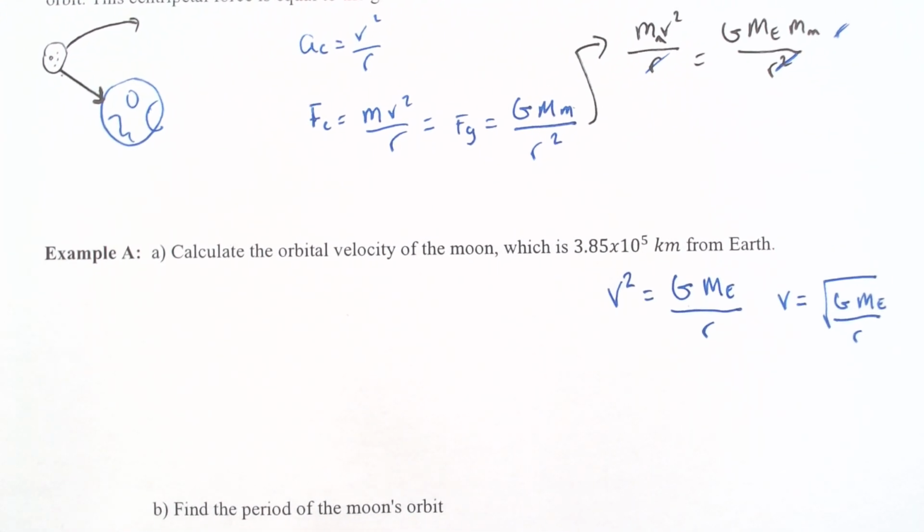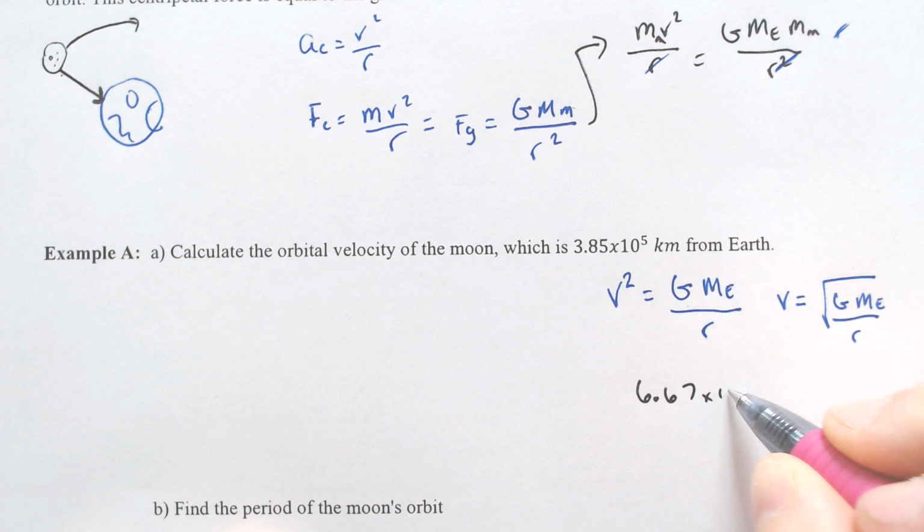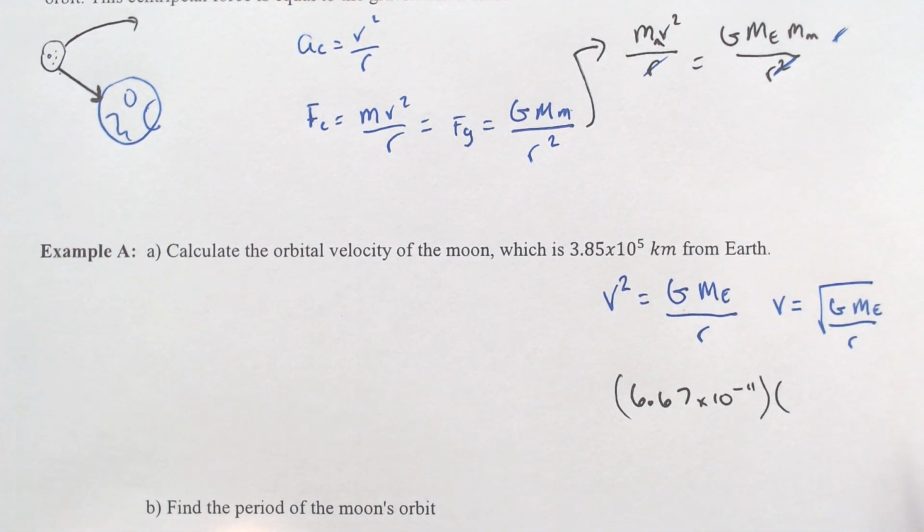All right, well, what does that equal? Well, what is the gravitational constant? Gravitational constant is 6.67 times 10 to the negative 11th. That's a lot. And then times the mass of the moon, which is, not the mass of the moon, the mass of Earth, which is